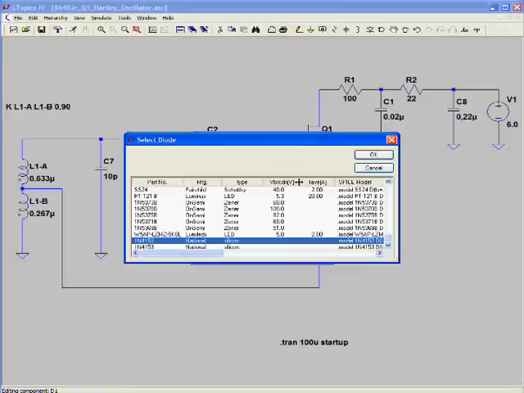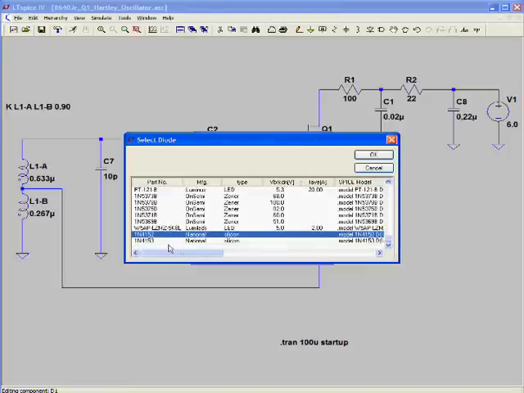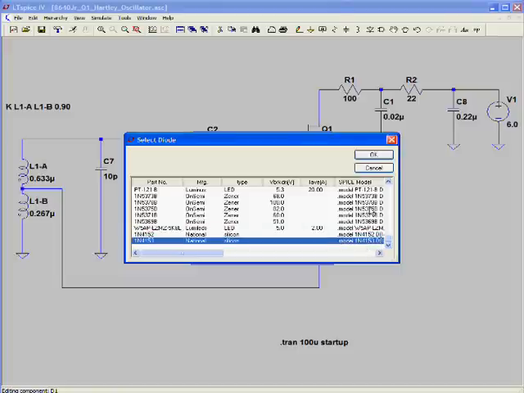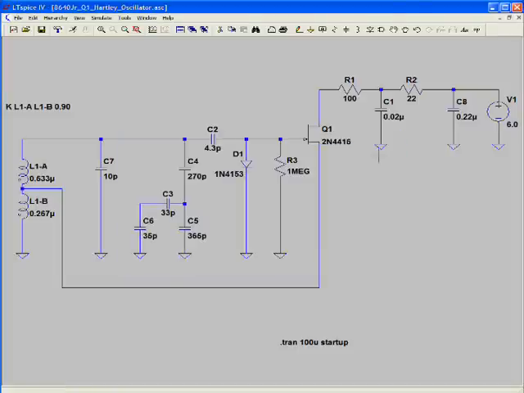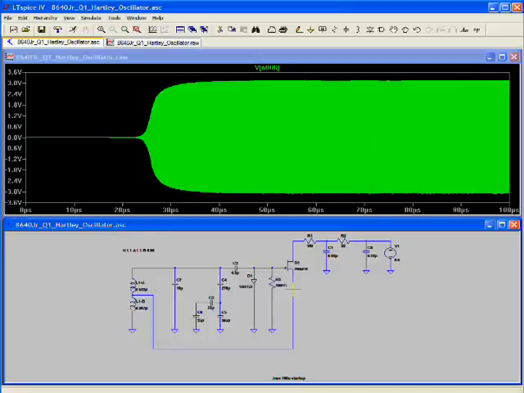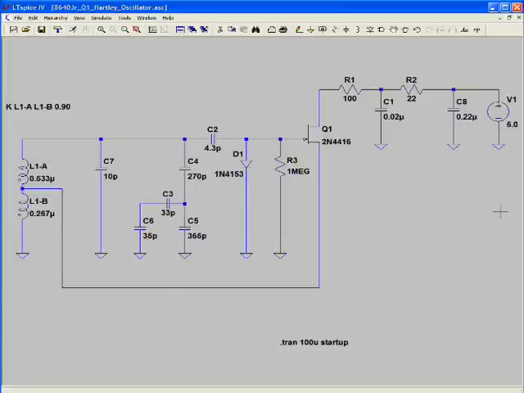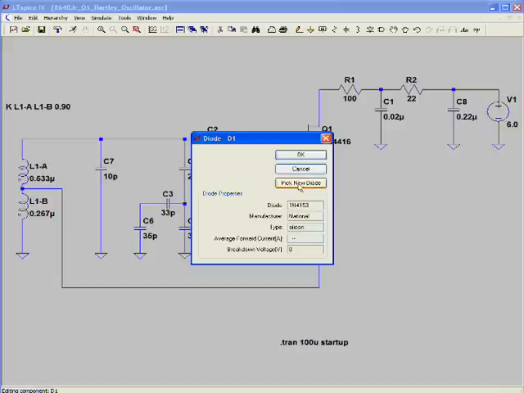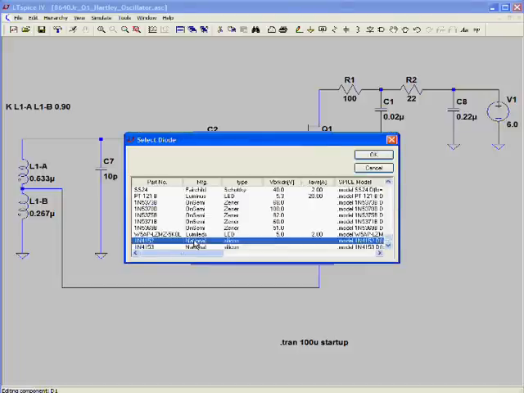So now when we go to pick a new diode, if we go down to the very end, we see that we can pick the 1N4153. So it's pretty easy to select or add new components to the library. I don't even know what a 4153 does, but I'm going to run it anyway and see if it affects us any. Probably not. Yeah, it looks about the same. So that's basically the gist of it. Change this back to the correct diode